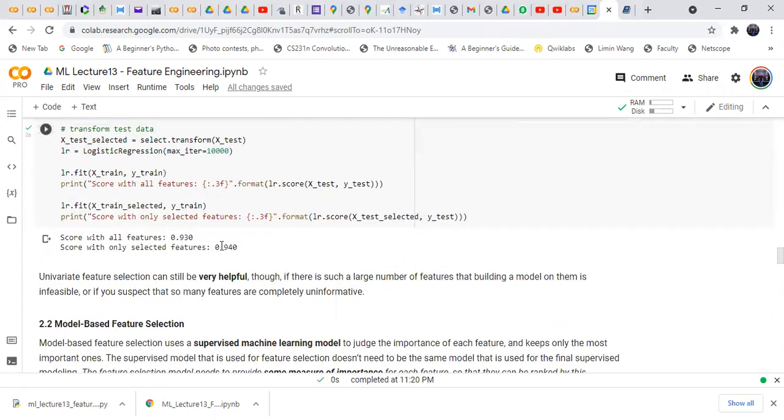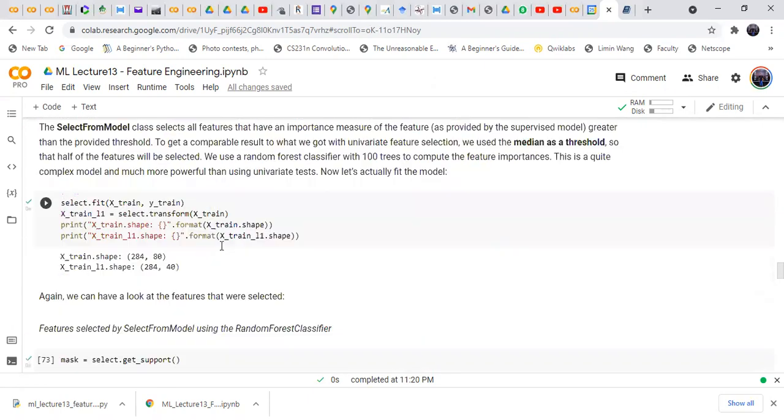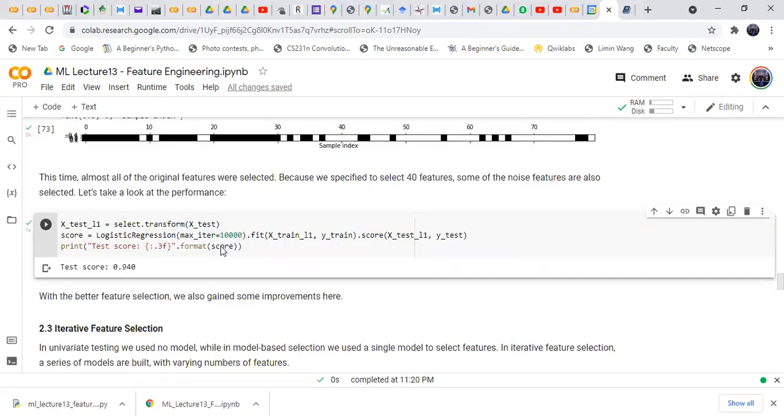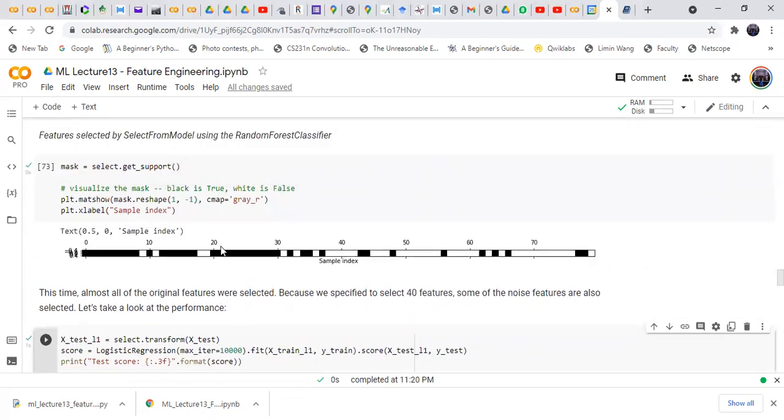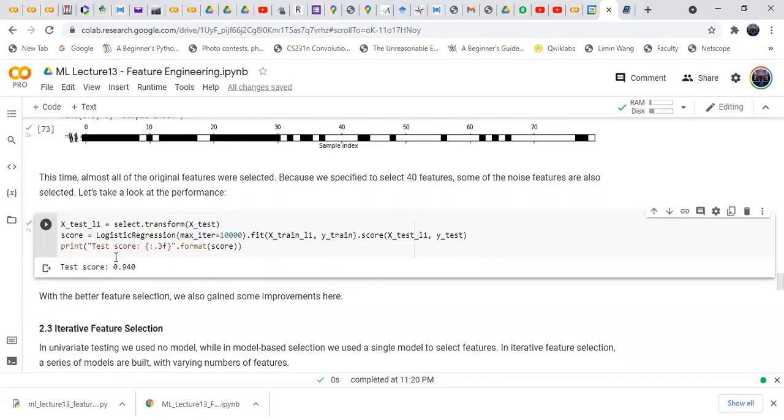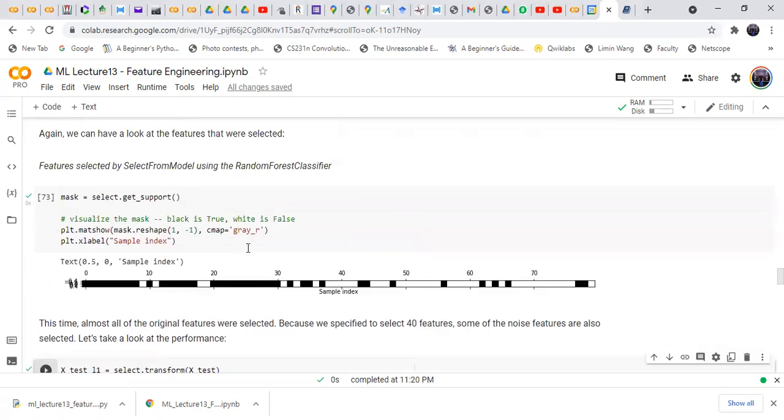It was 94% using ANOVA, and now it is about 94%, or comparable performance. So this was the second part of the lecture, where we discussed automatic feature selection.